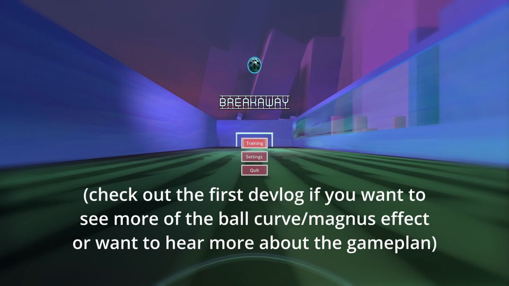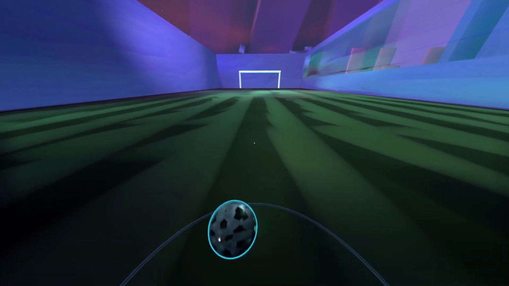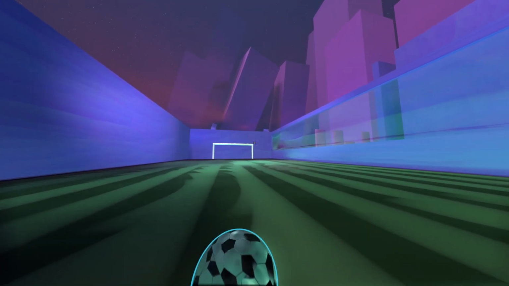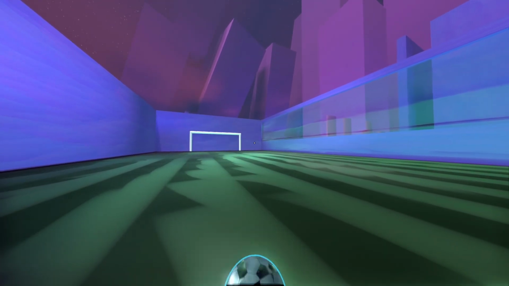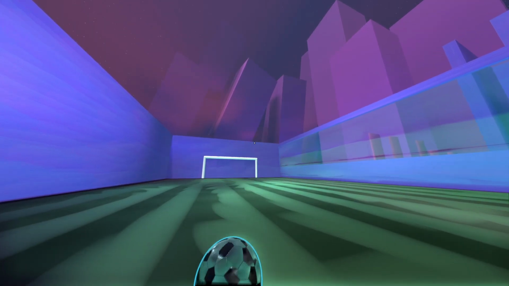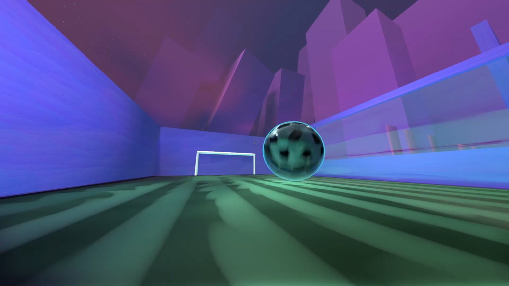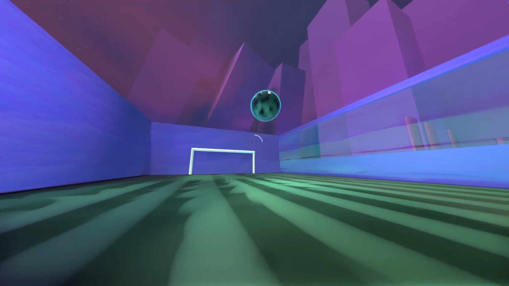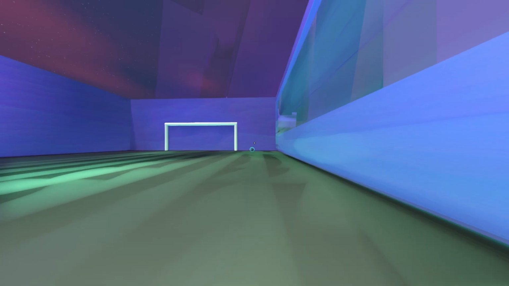I am Backspin Interactive, and without further ado, I'll just jump into the changes. The main change is that I've added motion blur to the ball. So now when it's spinning, it actually looks a little bit more like it's spinning. Could be a bit much at the moment, but I definitely needed it to just be able to tell where it's spinning, which direction it's spinning, and how fast it's spinning, because it's kind of hard to tell without that